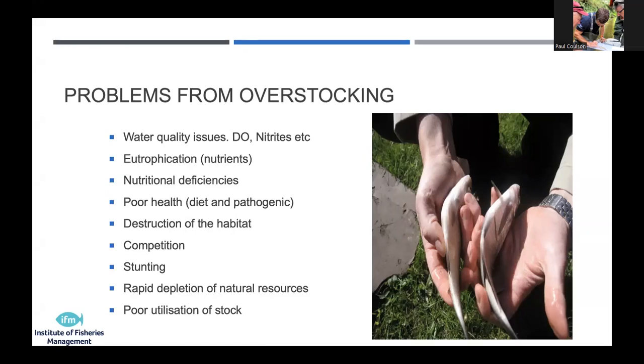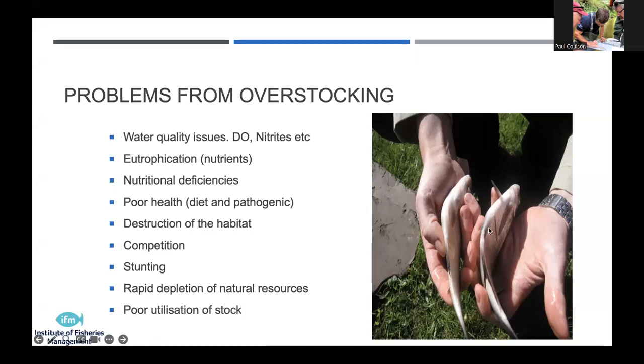Particularly, you think about overstocked waters full of carp. There isn't a lot of floating or submerged plants within those sorts of waters. They tend to be quite dark and dingy, and a lot of mobile sediment in there. Stunted fish, you end up with things like this.